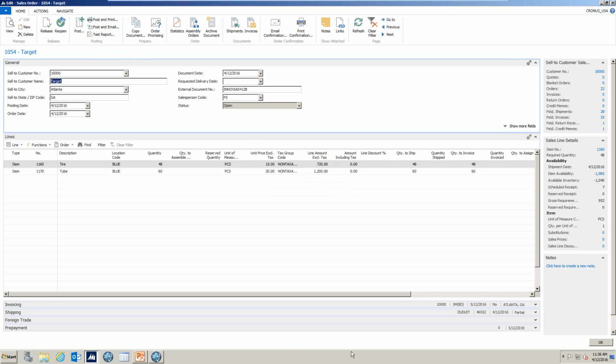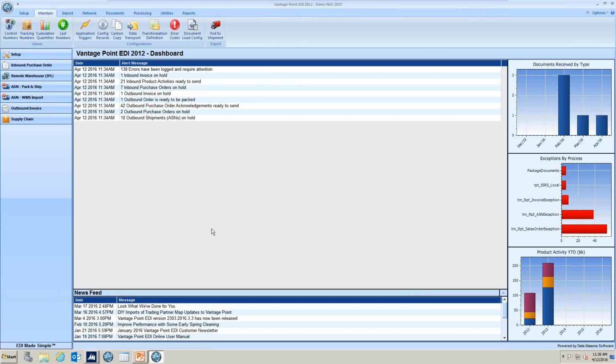More importantly, if you're not collecting those details today, we have the ability within our pack ASN to actually give you a pack out environment. This can use a simple wedge scanner to collect the details of what item went into what box. It can go through and calculate box level details. For instance, we know Target is ordering this item, we pack 6 to a box, go calculate how many boxes and